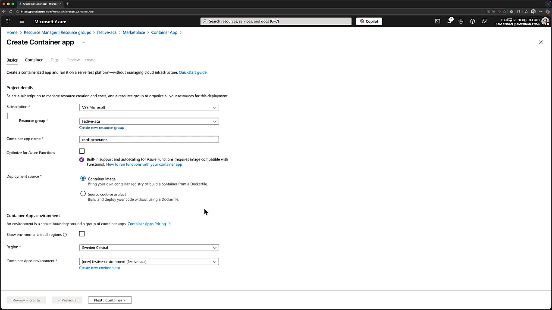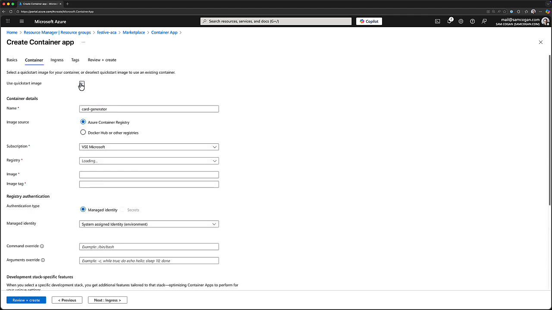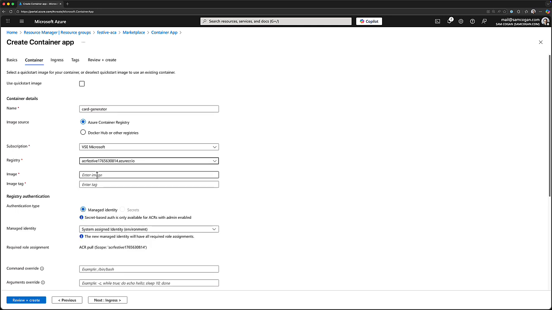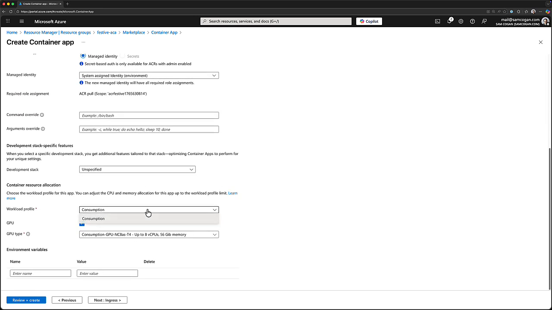After that, we're now going to go through the process to actually set up our application in that environment. So we're going to define the image and registry we want that image to come from. Most of the other information here is fairly default. But the important bit is when we get to the resource allocation section, where we are going to configure the